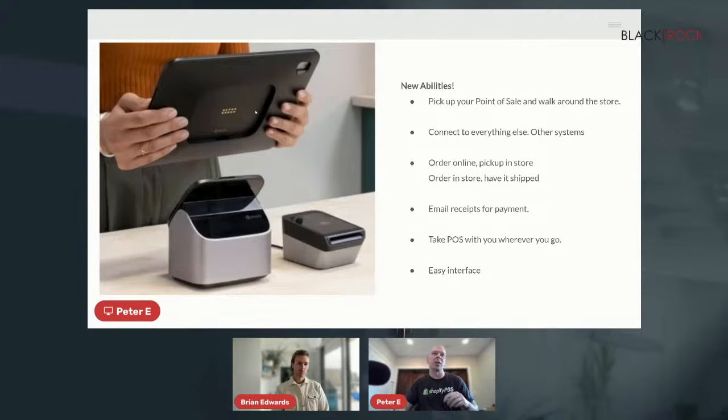I love this picture right here. It's hard for me to explain this to people over the phone. I'm like, yeah, you grab your cash register screen and you can walk around and be a personal shopper with your customer. I'm going to back off this screen for 1 second because I do have